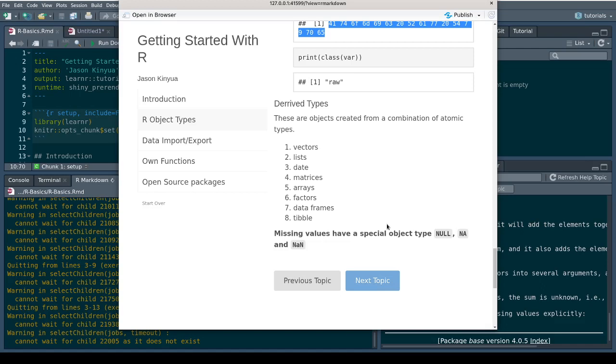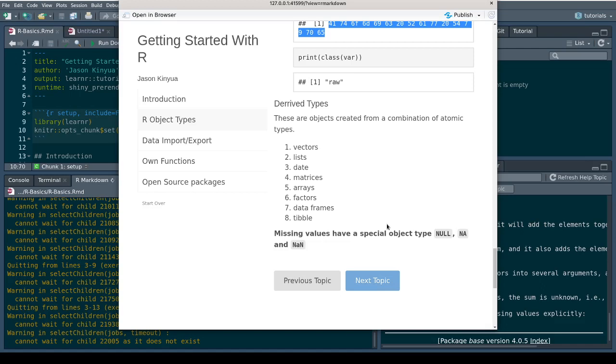So for the derived types, I'll cover them in the next session, together with how we import data into R, how we export data from R session, how we write our own functions, how to use our own functions to do some stuff, and then installing and using open source packages.